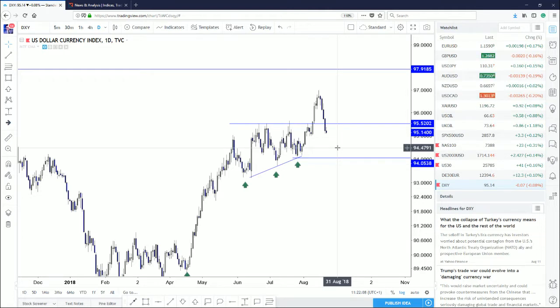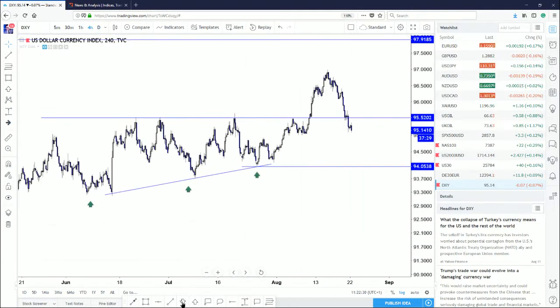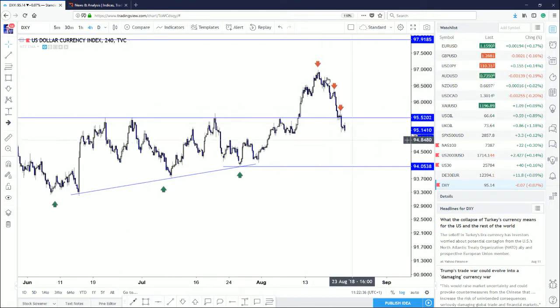So I suspect this market, again, could still potentially bottom out here, but it will be a bit of a messy move here. It could potentially go a little bit lower, but you have some solid support here. So I would not be selling the dollar index at current levels. I suspect, again, we could potentially bottom out here in the next few weeks. And what I'm going to be doing is I'm just going to be monitoring this downtrend. So if you look at it, you can see that in the 4 hour, we're creating these lower and lower highs, and eventually that will hopefully end.